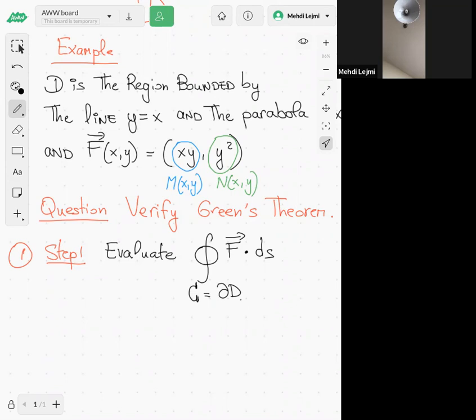So let's evaluate the vector line integral. Well, we know F. That's cool. Now we need to find this boundary